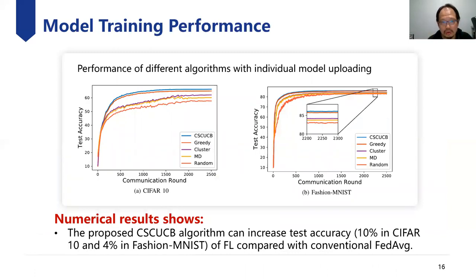So just to summarize the model training performance, the performance of different algorithms with different individual model uploading. As you can see, sometimes the differences are significant, sometimes the differences are so small. The summary of our results showed that the proposed CSCUCB algorithm can increase the test accuracy by about 10% compared to other methods, and about 4% in another dataset with a very tiny difference for the federated learning compared to the conventional model. So we have about 10% and 4%